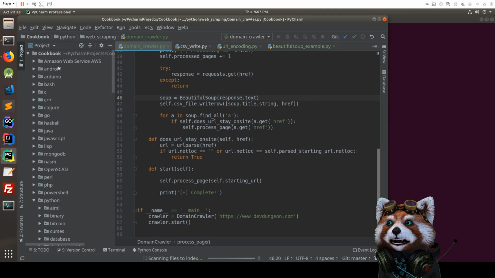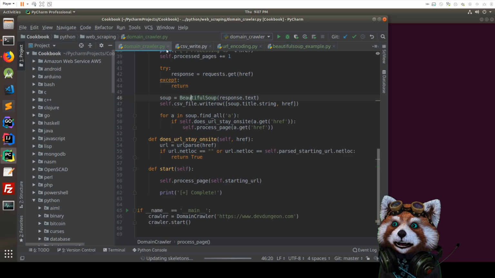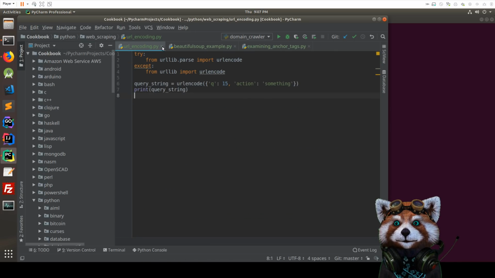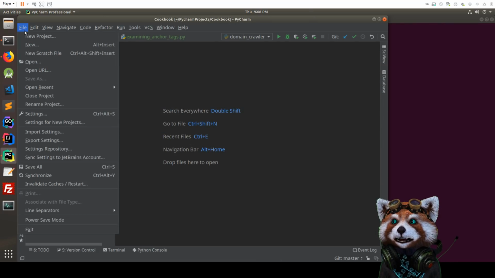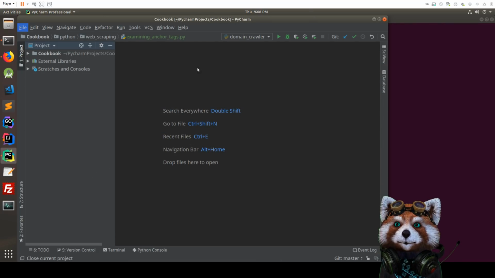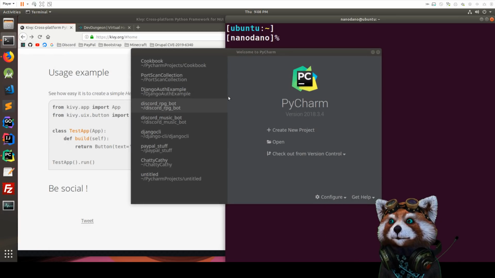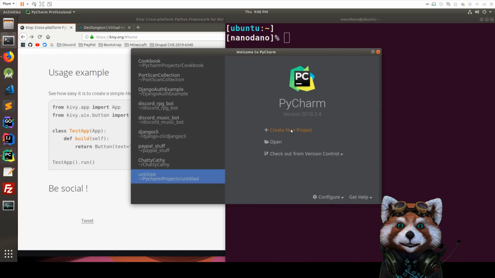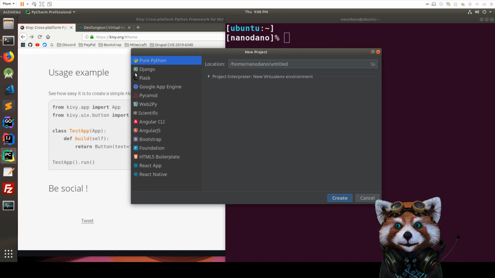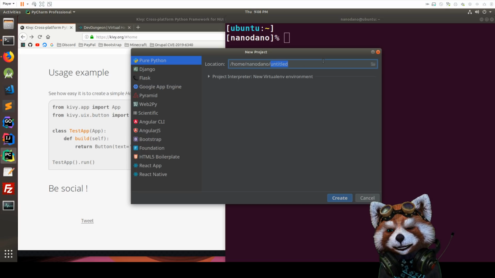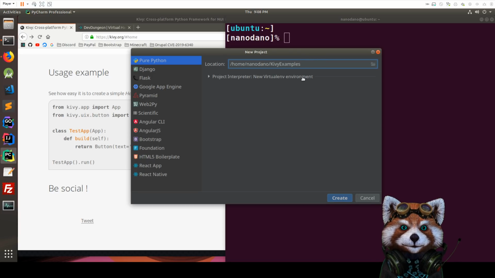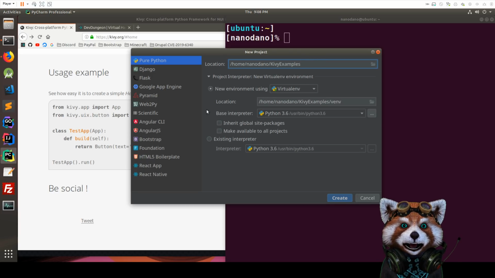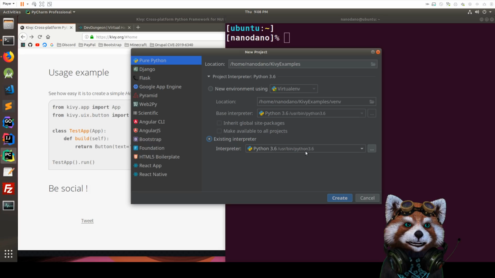Okay, so we have the cookbook open, and I suppose we can just dump it in there. Actually, I think I'll make a totally separate project for this one. Okay, so let's create a new project, pure Python. We'll call this one Kivy examples. And let's just go ahead and use, well,